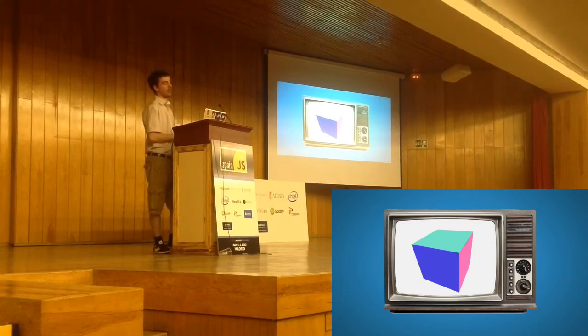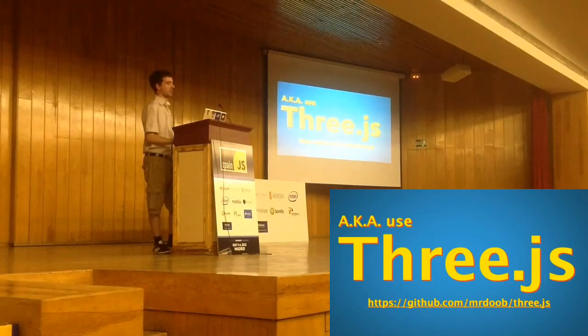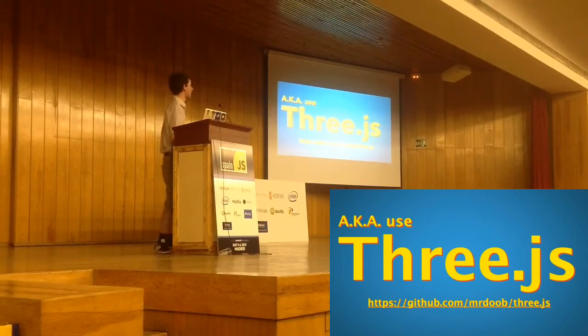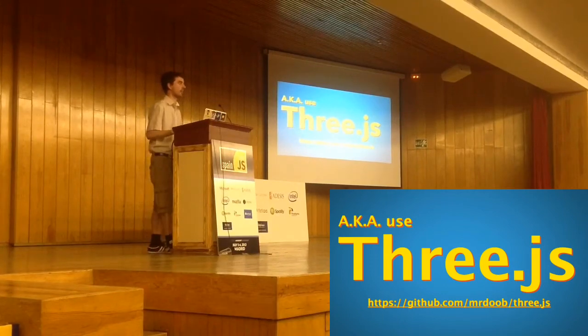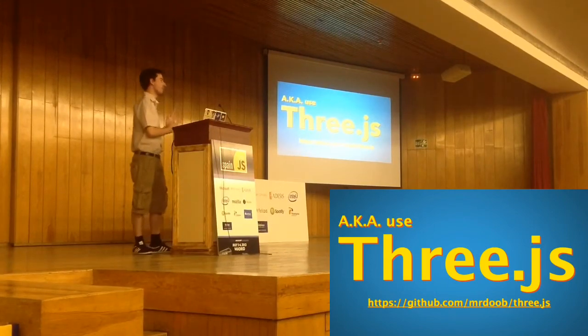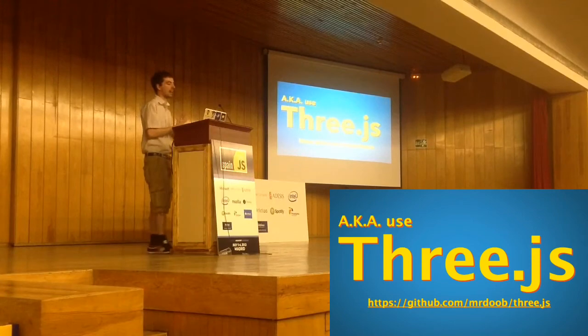Here's the good news though. There is this library called Three.js, which is amazing. It's my favorite JavaScript library by far. It's within my research loops, and it abstracts all of these. It abstracts everything away. All these matrix operations, all this ugly shader code, it just hides everything behind a very, very straightforward API. And in fact, it abstracts so much that if you try to use Three.js on a computer that doesn't have WebGL,